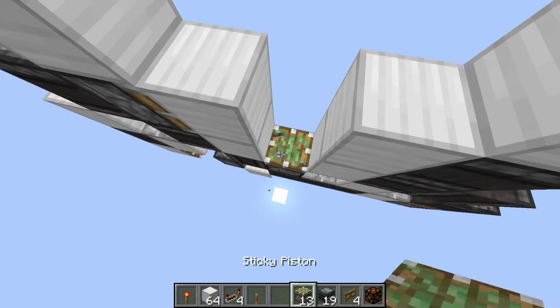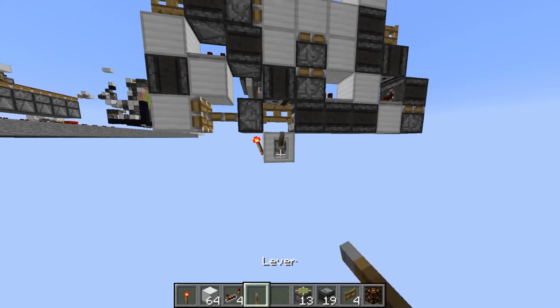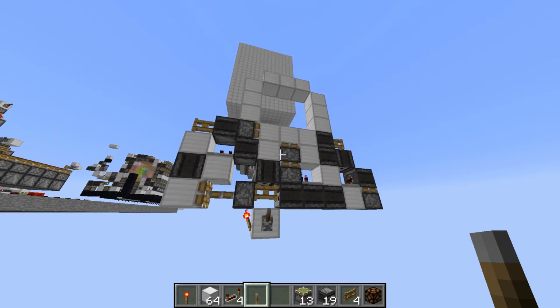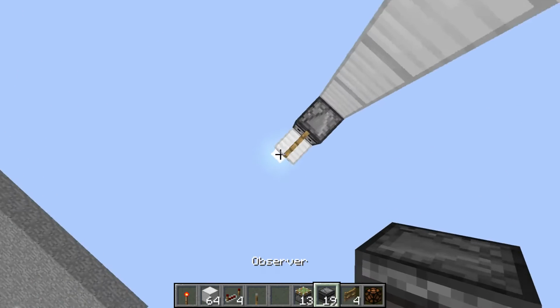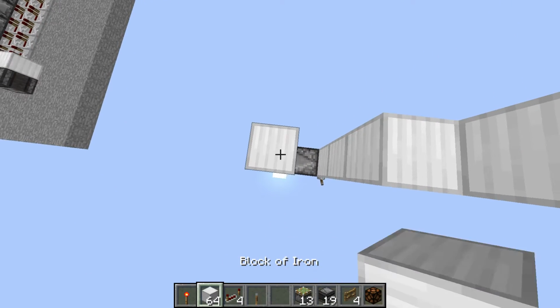Let's go ahead and replace these guys, and now we should see that this is actually the entire mechanism for the double extender. So there's that. And then we can go ahead and continue with the rest. So I'll go ahead and place this here, block on top,